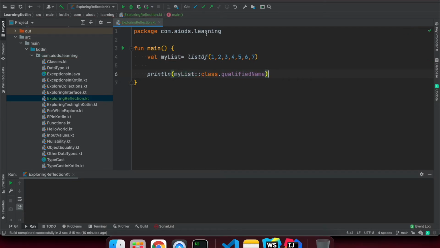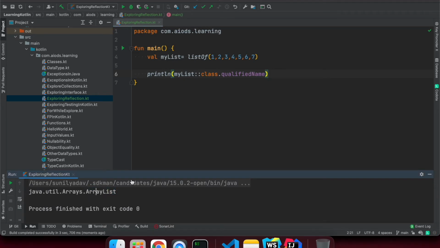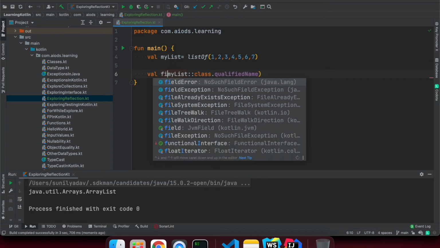Through reflection we are trying to get this class's qualified name, and the underlying class for this one is java.util.Arrays.ArrayList. This is coming internally. So through reflection we are trying to get all the information. Suppose you want to get the filter reference, I say val filter.